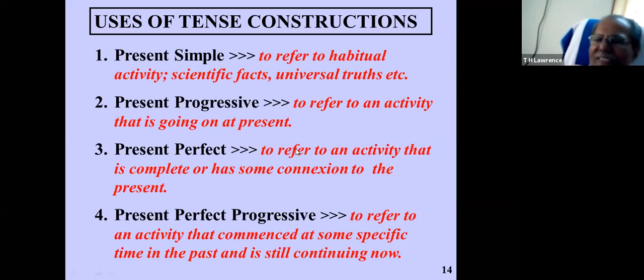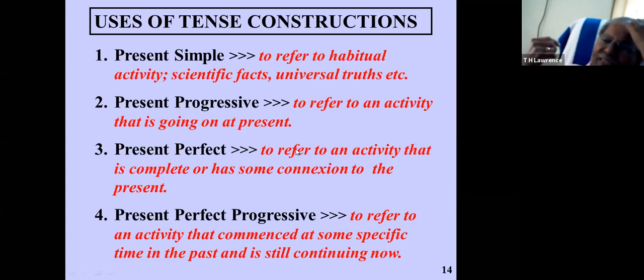So in all these cases, I have used the present simple. I get up, then I go to bed. See, present simple. But how do these sentences sound to you? Don't they sound like a habitual activity of mine? Yes, I get up, I sleep, then I eat. I can say I eat only vegetarian food, or I have my lunch at 1 o'clock. So all these are things that are habitually done by me. So it indicates that, for which we have to use present simple.